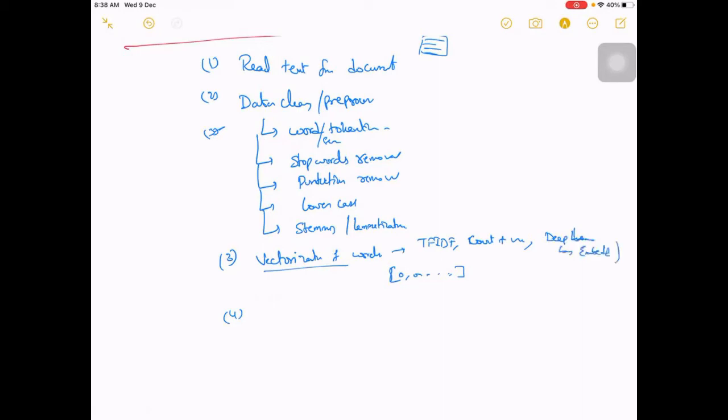So using any method which we have, you finally extract the vectors from that, and these vectors you can use for ML or DL model training. Okay, and finally prediction.